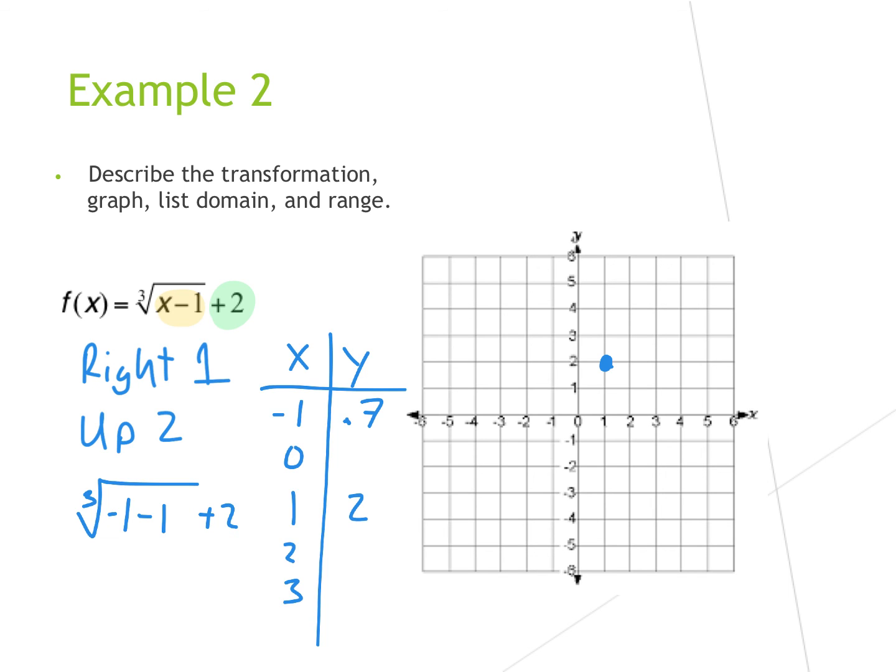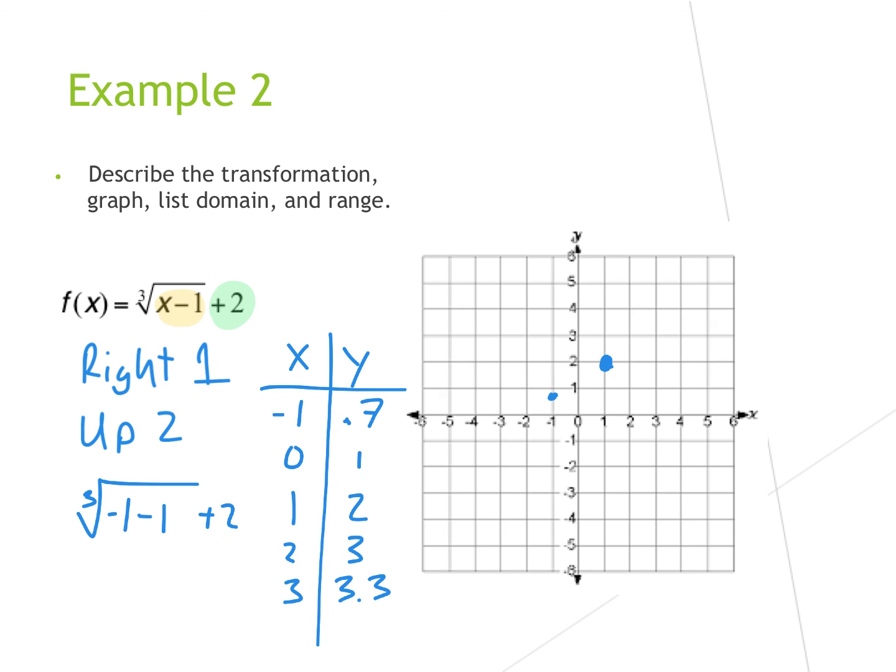And then cubed root of -1 plus 2 is going to be 1. If I plug in a 2, it's the cubed root of 1 plus 2, which is 3. And then the last one, the cubed root of 3 minus 1 is 2. And that gives me about 3.3. All right, so if I plot in those 5 points,